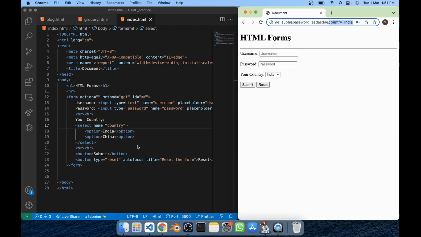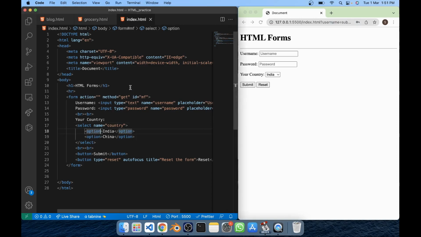Like if you use the name of the country and your server is using just two digit character or two length character,